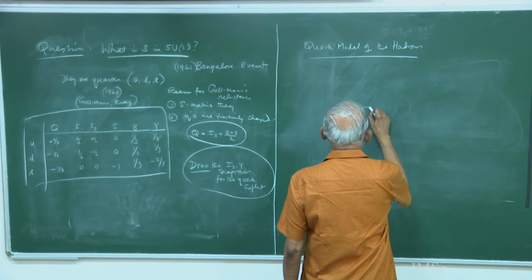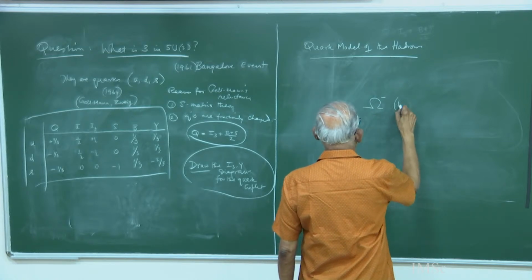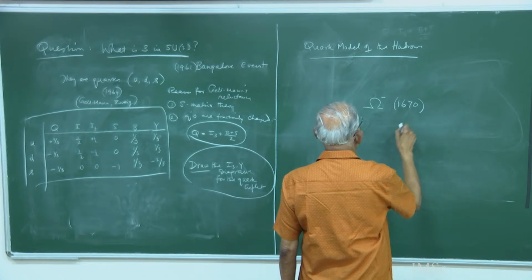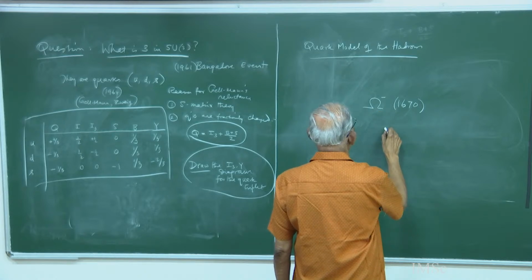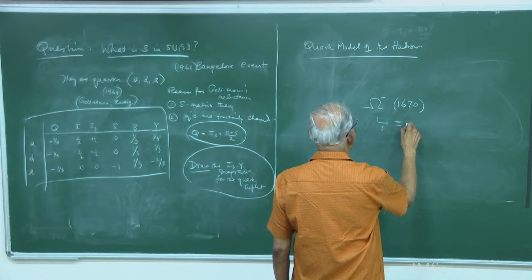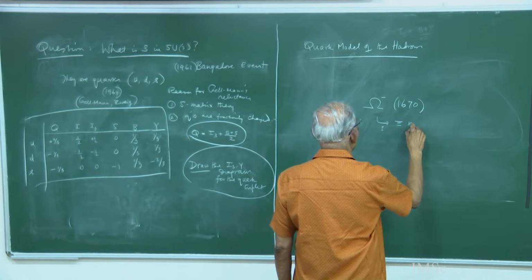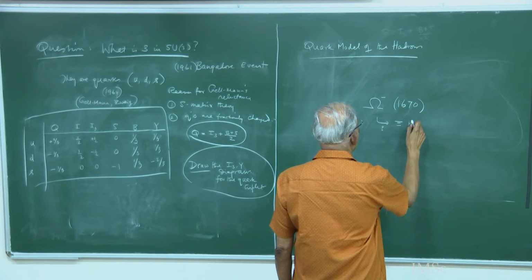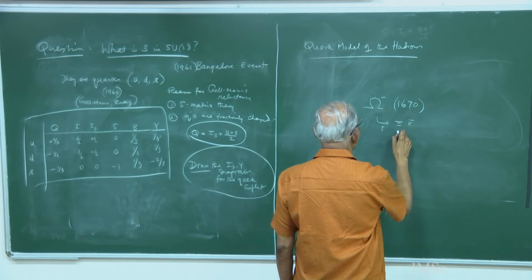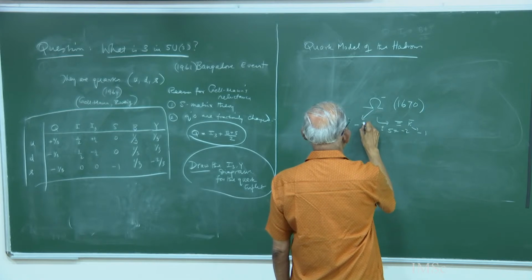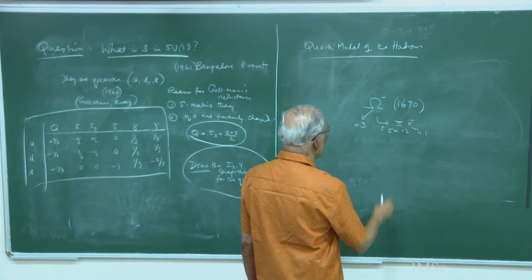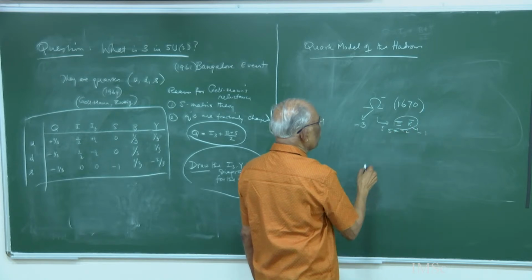It is not here, omega minus: mass 1670 MeV and strangeness minus 3. So, if it has to decay by strong interaction, the only possibility perhaps is cascade and K bar. The cascade has strangeness minus 2 and this is minus 1, because this is strangeness minus 3. Since strangeness has to be conserved in strong interaction, it can decay only into cascade and K bar, but look